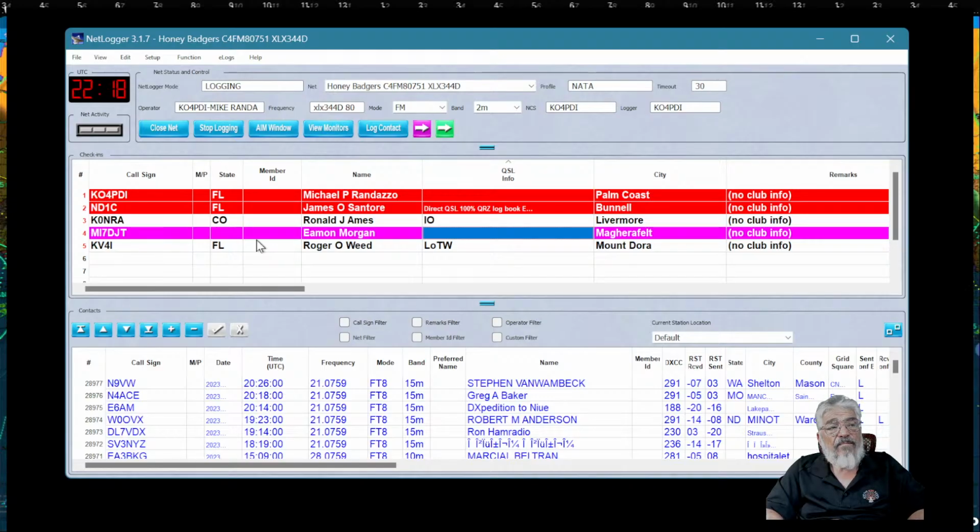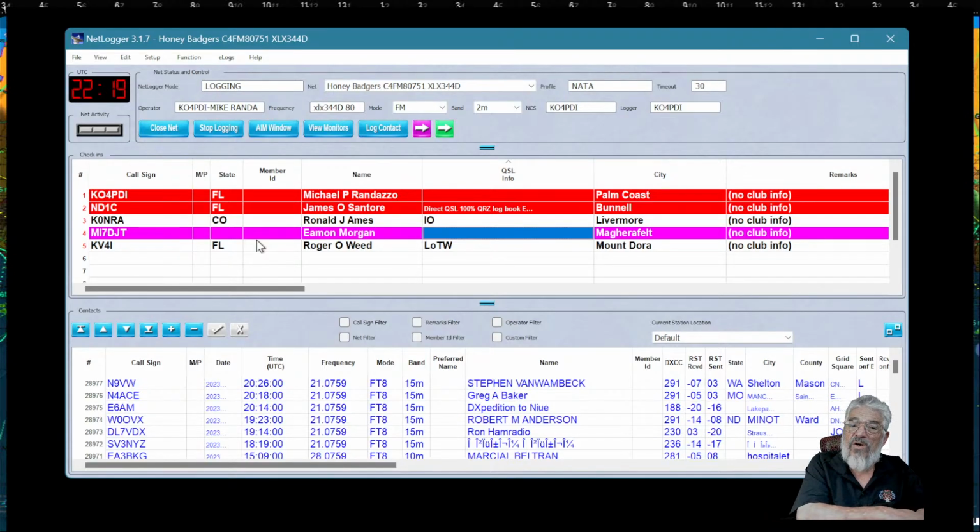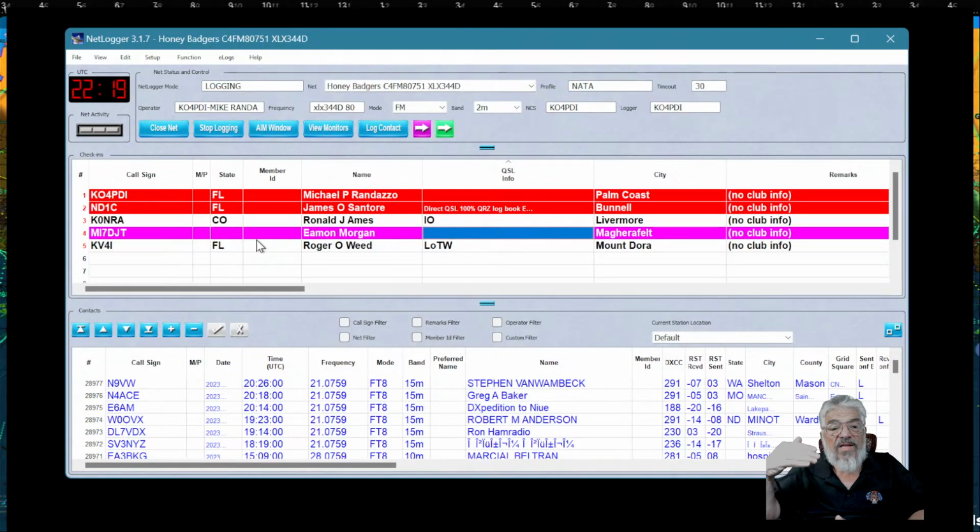So what I did, Jim Grove, K3SRE, set up a node with an FCS room. So there's an FCS room, FCS 310 room 38. You can access the 80751 room there, or you can go to the XLX 344D and get into the 80751 room there. What that does is it opens the door to people who don't have a C4FM radio. Okay? That's why they do it.